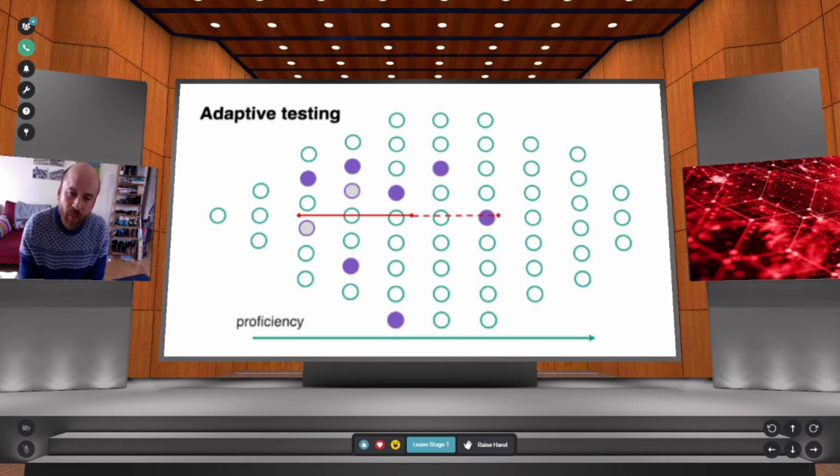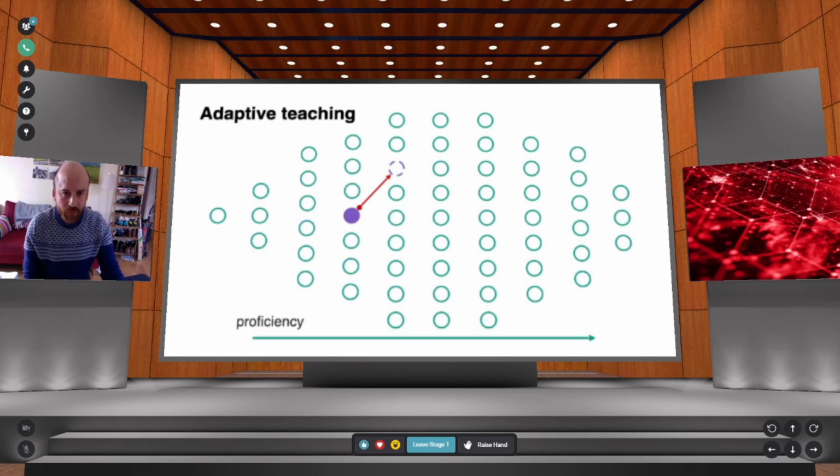So obviously then the benefit of adaptive testing is that it lets you go beyond that preconception. It allows the student to skip ahead and reach higher or lower levels of proficiency than you were expecting given the exam. And if you think about teaching, then it's a similar scenario.